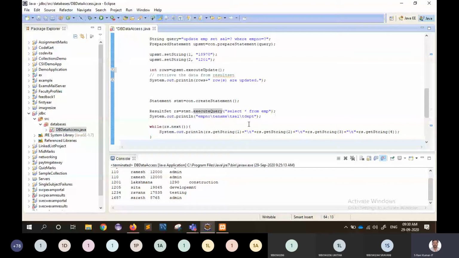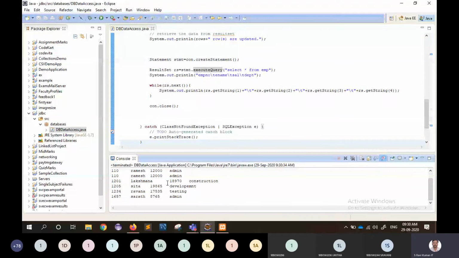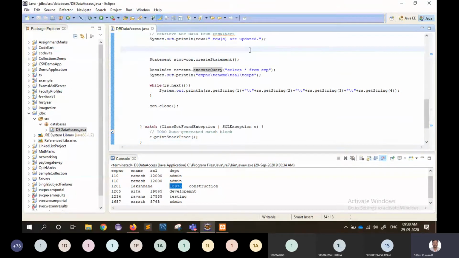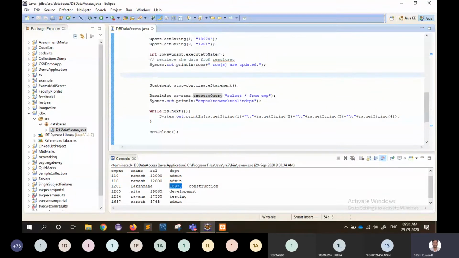So for 1201, the salary is 18,970, which is the updated value here. So we got one row updated, and this is the updated value, 18,970. So the row is updated here.